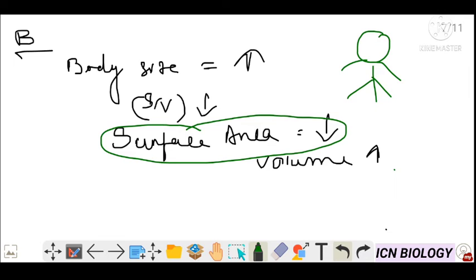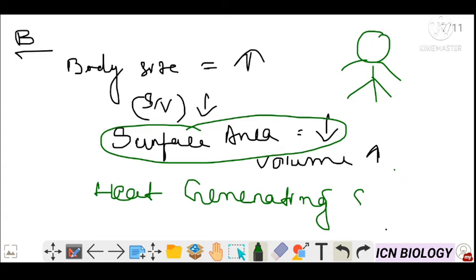Because due to the colder climatic condition, to maintain the body temperature, the organism should have less surface area to generate heat, not to radiate heat. So it is a heat generating system. Okay,